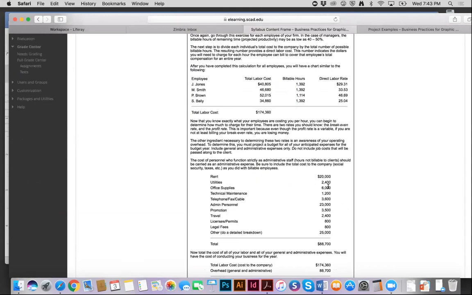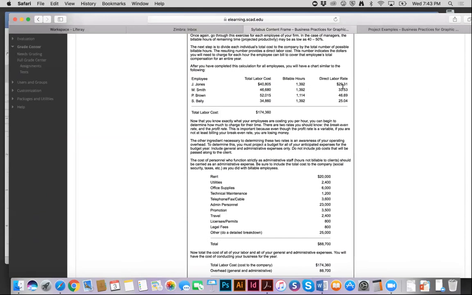I'm not sure these numbers are still 100% realistic, but what is real is that we do pay leases and rents, and we pay utility fees for office supplies, etc. The big problem people have is they may charge at a direct labor rate, like you could say